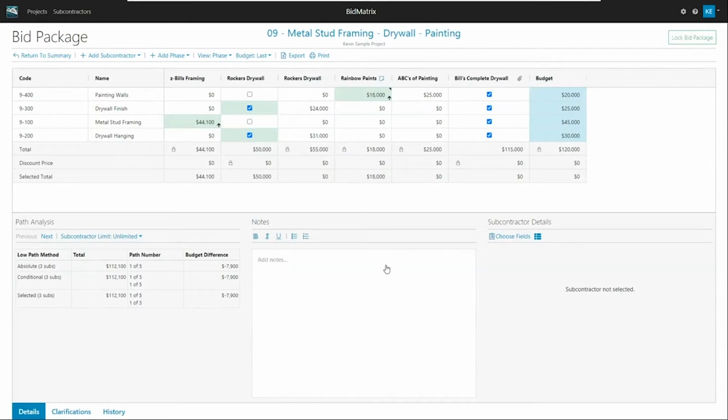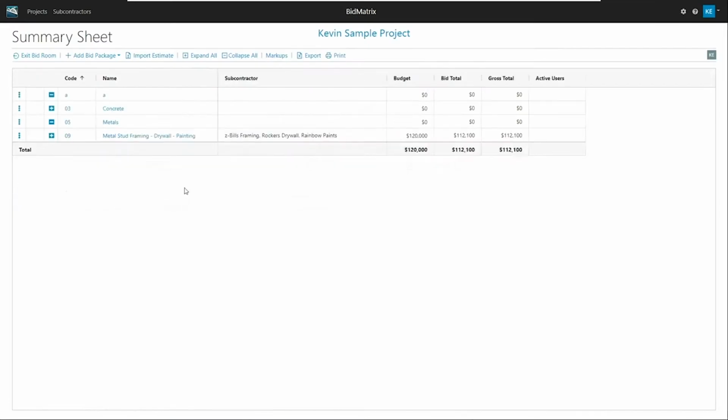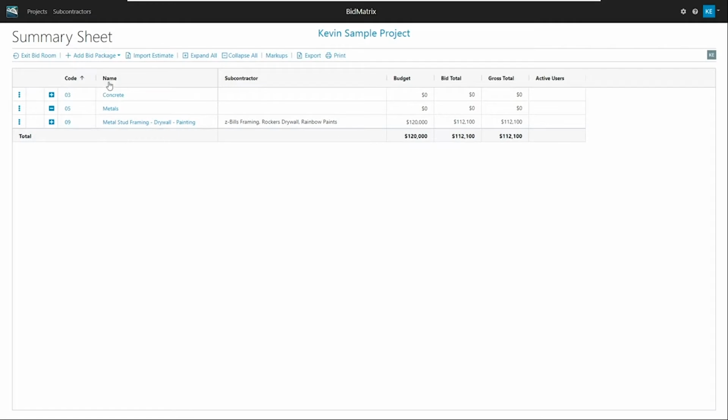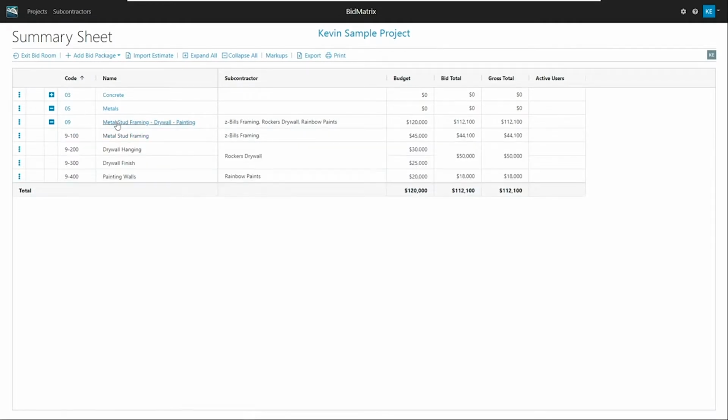In this session, we're going to look at the summary of the project and then also how to add markups to the project. So I'm going to go back to my summary page. Basically, this is where it was showing me my list of all my bid packages, and it looks like I've put a garbage one in there since then, which doesn't really matter. So it would show all the different bid packages, whatever I've got in my project at this point. And then this is where I could actually see the bid package.